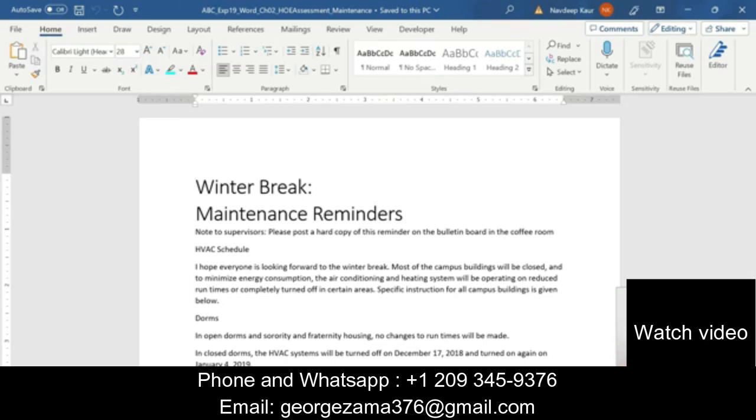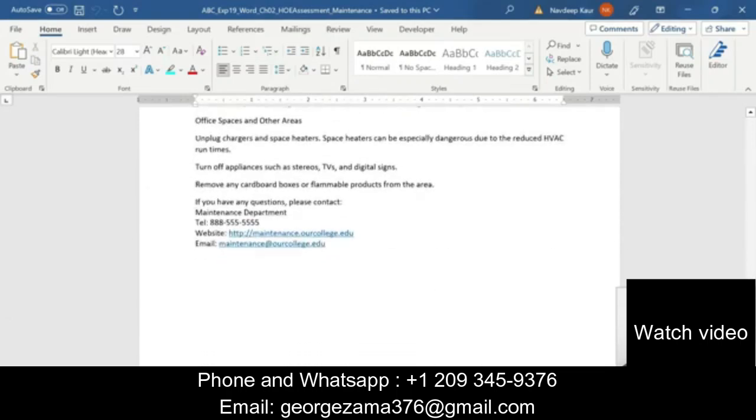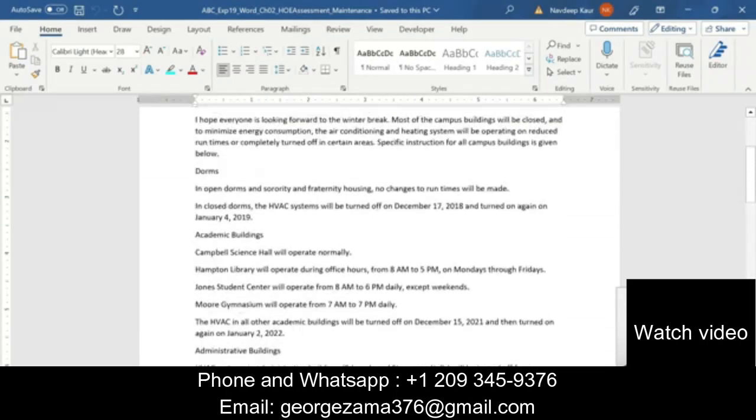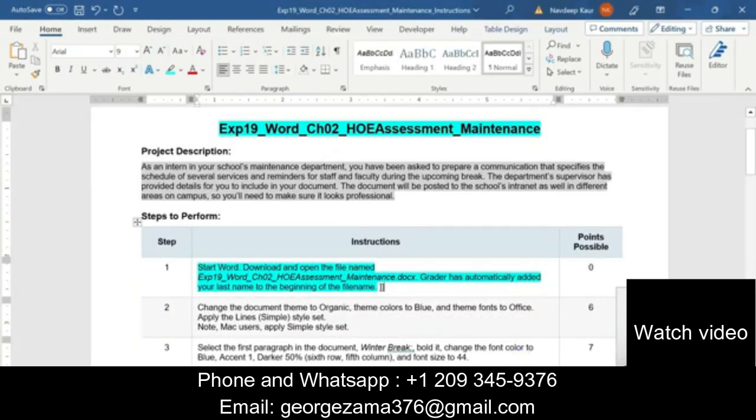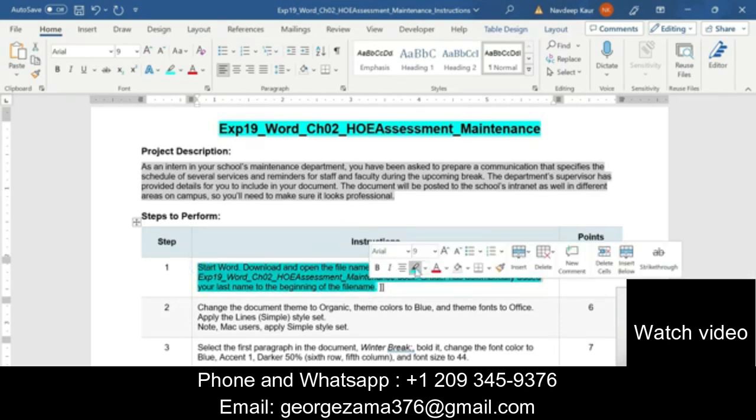This is the Word document where we will apply all the instructions. Step number 1 is just about downloading the file, so we will move to step number 2.